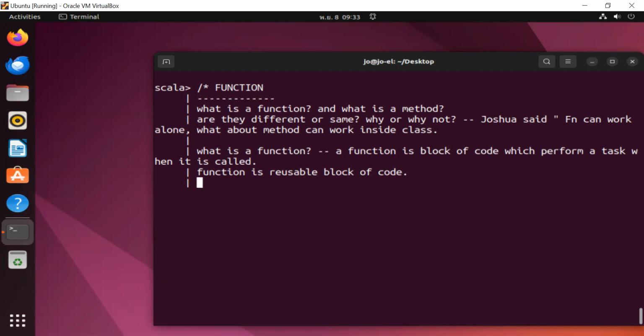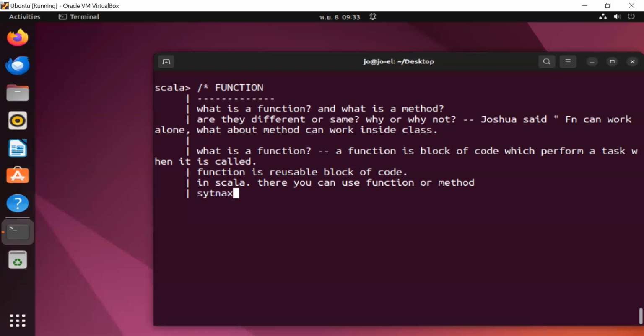Now in Scala, you can use function or method, because we can create classes, and we can even create a function which is standalone.